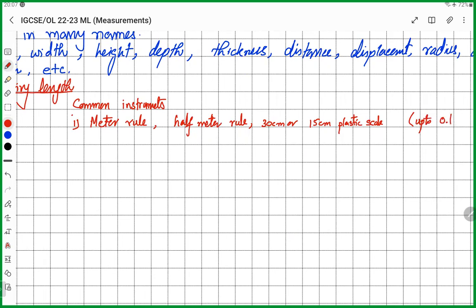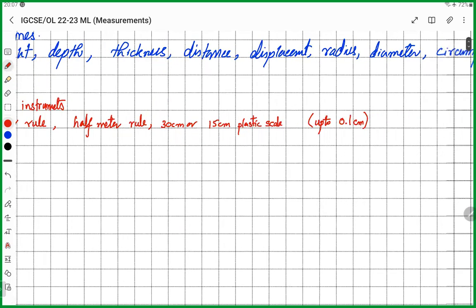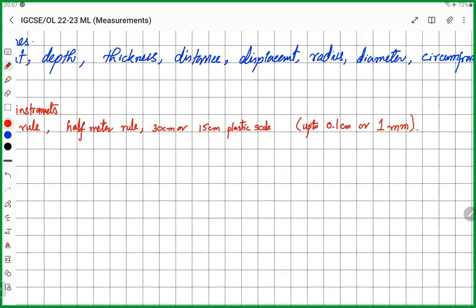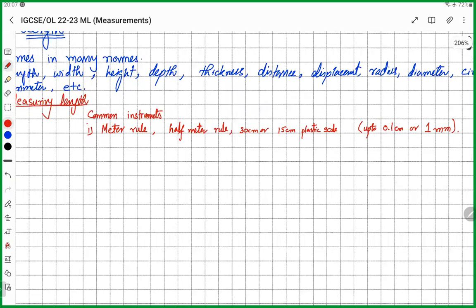They all measure length up to 0.1 centimeter or 1 millimeter. Okay. Teacher, what do you mean by that? Listen, if you look at the scales on them,